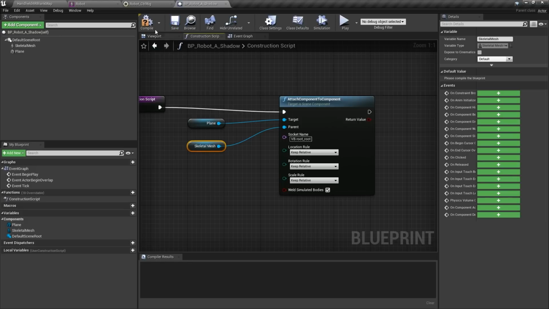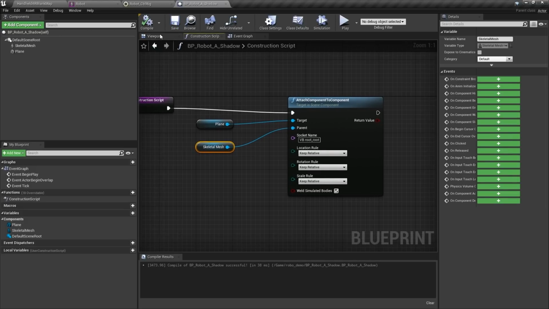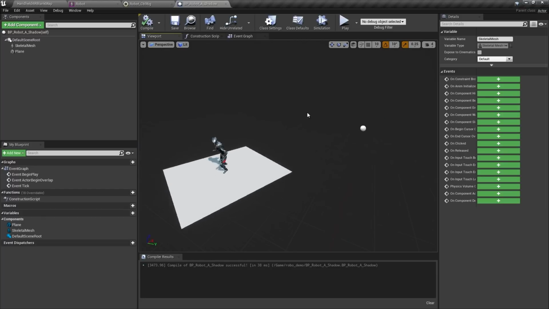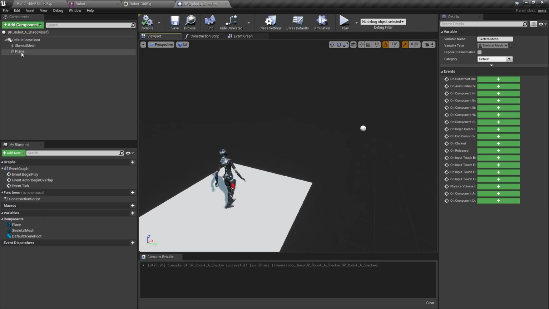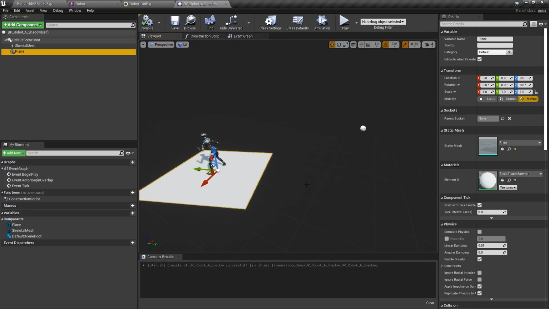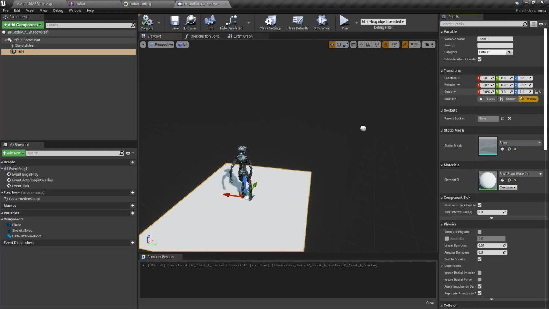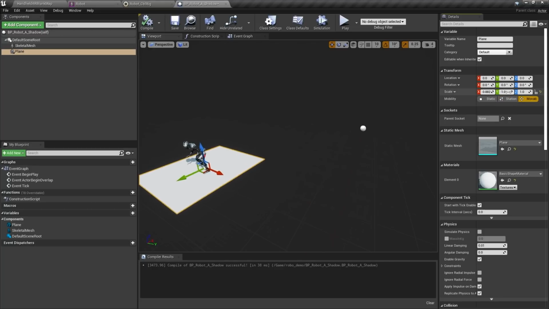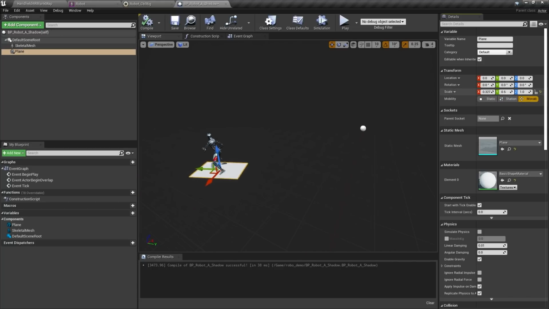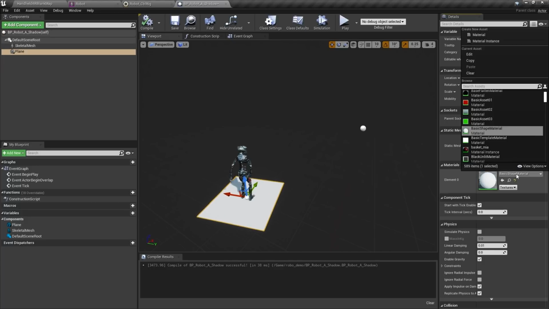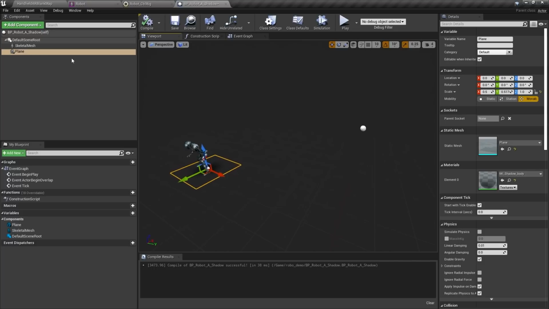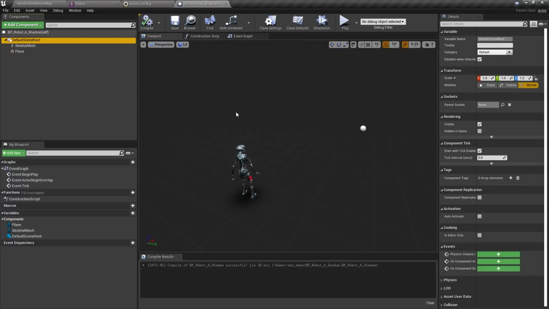And if we save and compile that and jump over here to the viewport, you can see we've now got this plane that's tracking the character and rotating and doing what you want. Now, of course, you can scale this guy down and start to dial in the overall effect that you might want. So we just want to get something like 0.5 by 0.5 for the hips one. So it's kind of looking cool. And we'll add a new material. So we'll just search for shadow and we'll add the body shadow there. So you can see it starts to look pretty good.